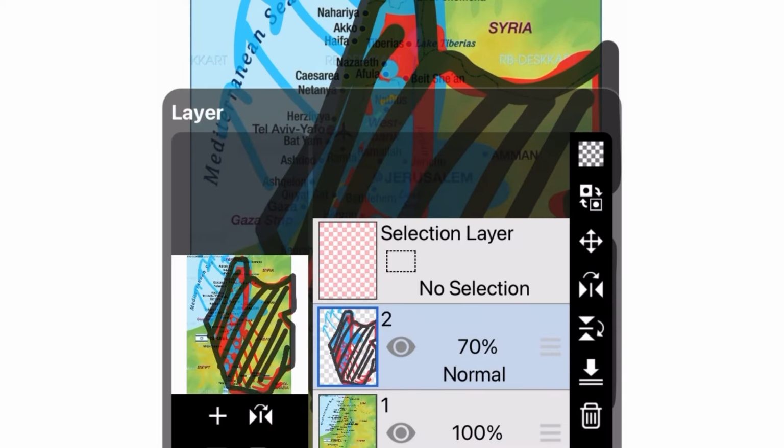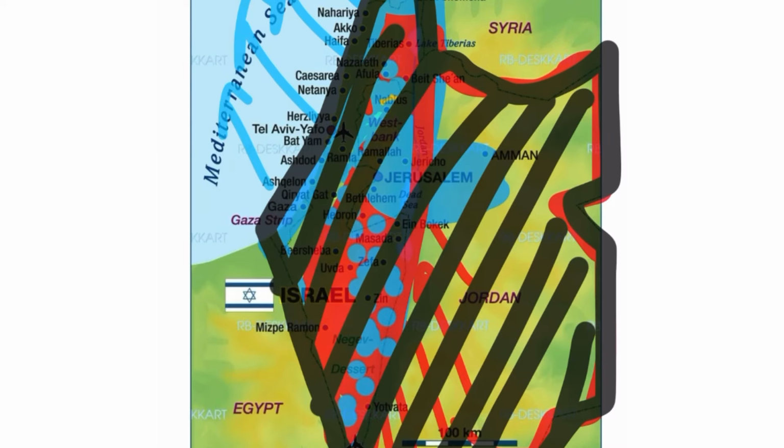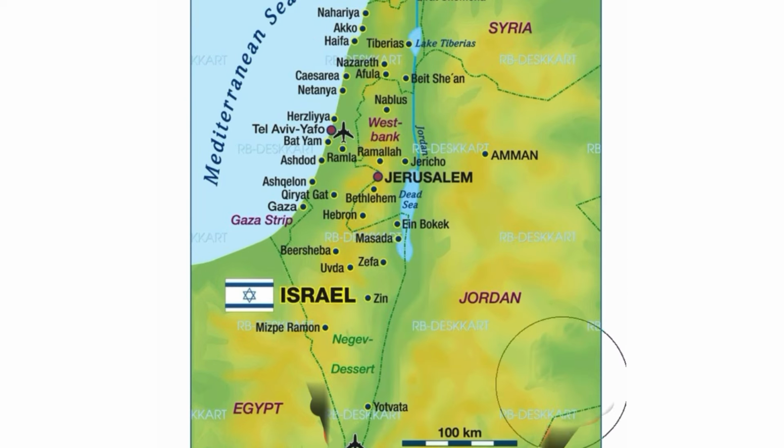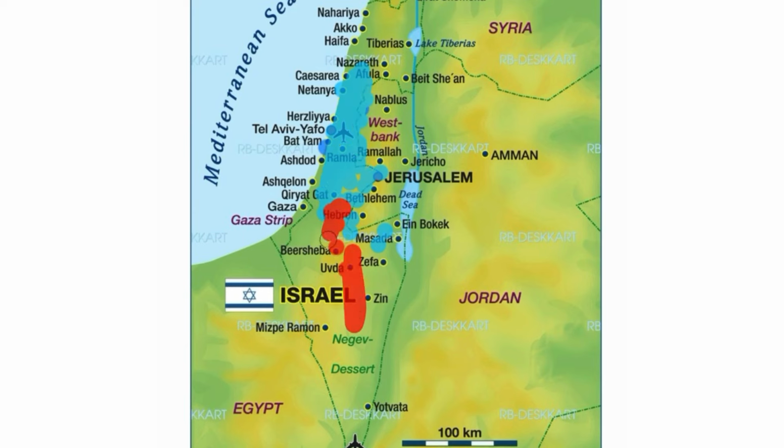So Britain established this region. After that, the UN partitioned the region between the Arab Muslims and the Jews. The Arabs got Jordan as a separate state, as well as the Palestine region, and the Jews got Israel, because Jews began to migrate to the region after World War II because of Hitler,